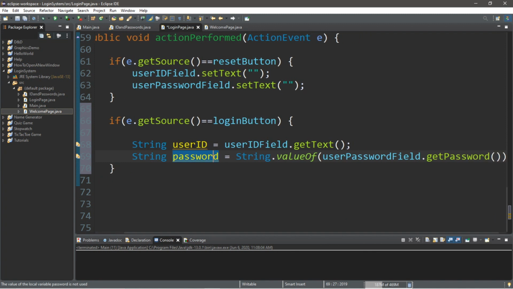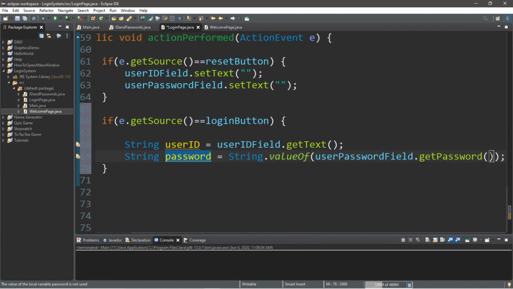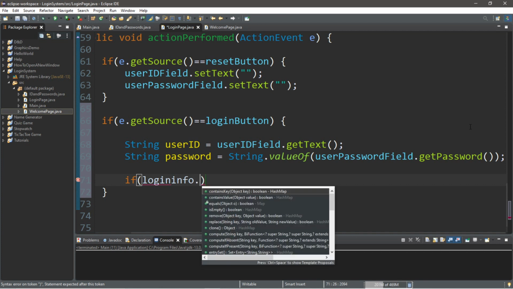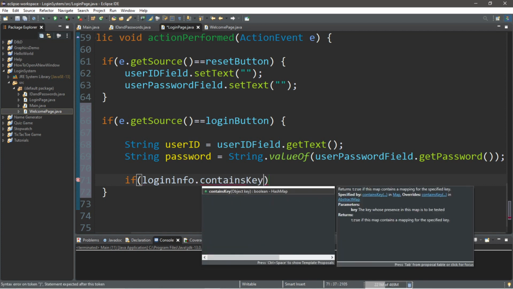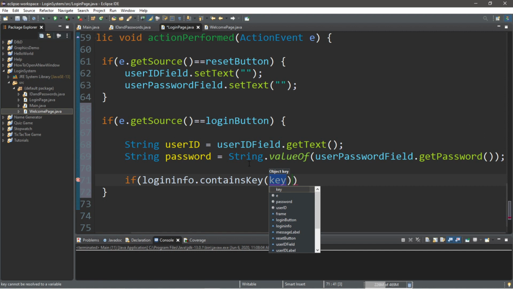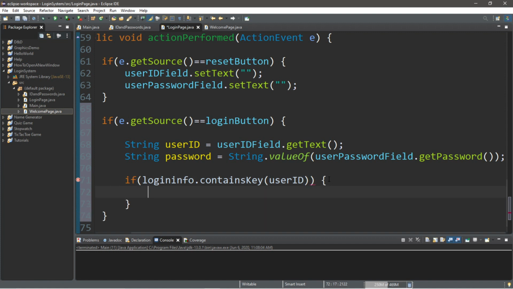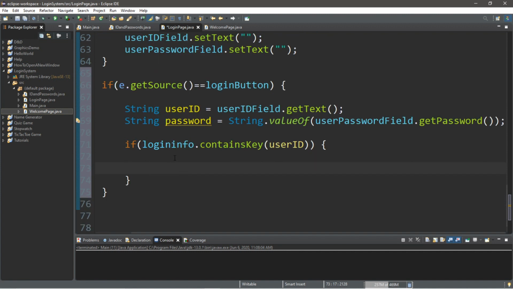And then we're actually going to verify the user ID and password. So we'll add that to the next line. All right, so then we're going to check this info that we have. So if, then we're going to refer to our hash map. So if login info, which is the name of our hash map, dot contains key. So the key is our user ID, so we're going to place that here. If our user ID is within our login info, we at that point want to verify if the password is correct. So we'll put this within an if statement, and what we'll type here is if